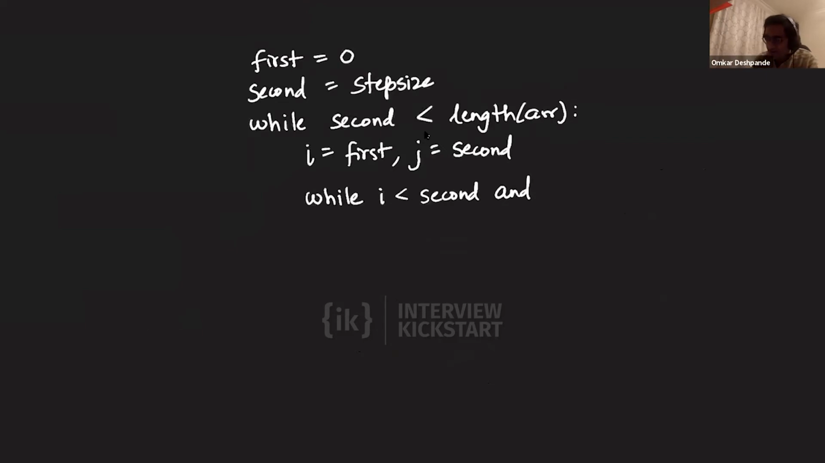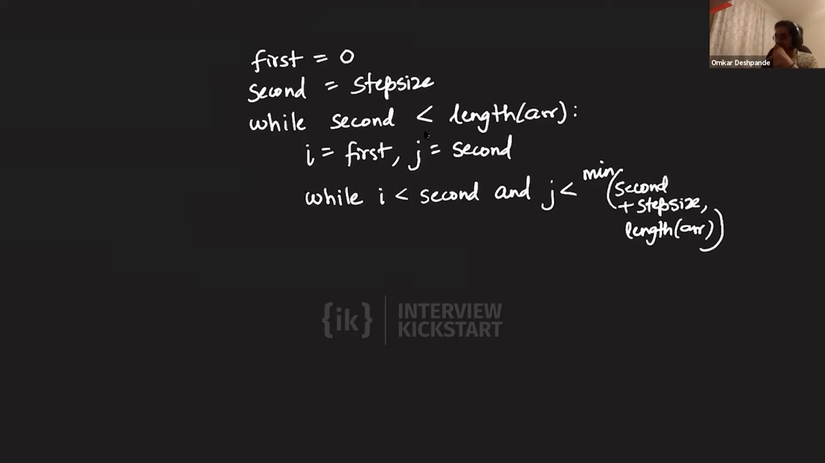So I can capture both by saying j should be less than not just the length of the array, but also second plus step size. Second plus step size, and it should also be less than the length of the array. So that means it should be less than the min of these two. Okay. This is a little complicated, but